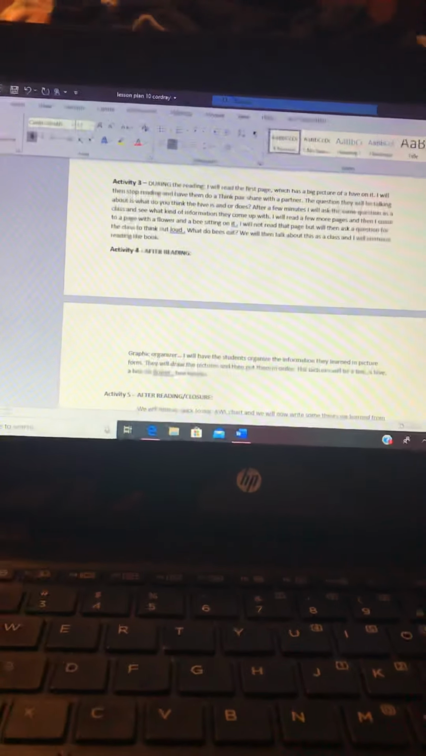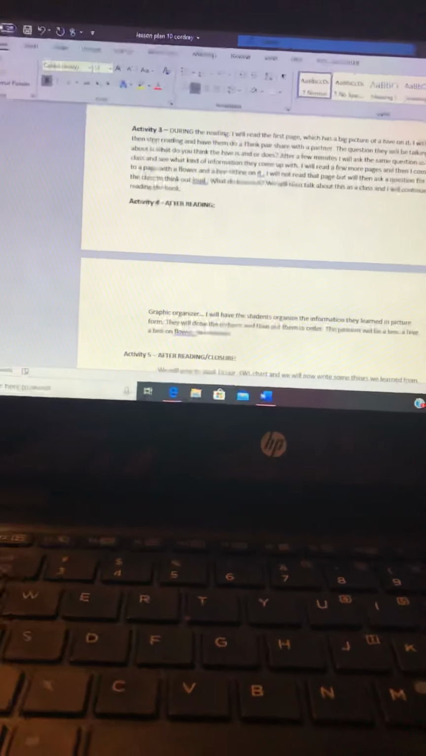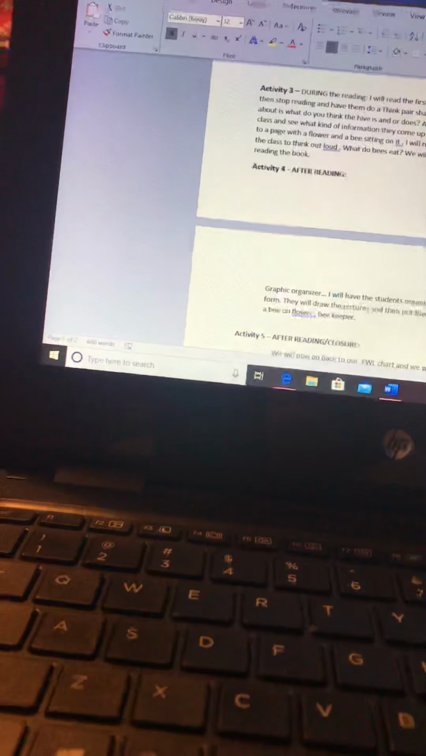For activity 3, during the reading, the first page of this book has a big hive on it. I will stop and have them do a think, pair, share with a partner. The question they will be discussing with their partner is, what do you think the hive is or does? And after they do that, we will discuss it as a class, and maybe a couple different groups come up with different answers. In this book, it actually does tell you different things about the hive, so I will make sure we do not read that page before